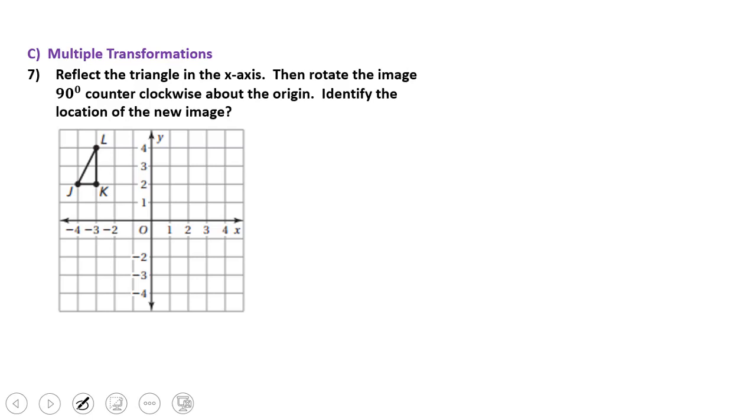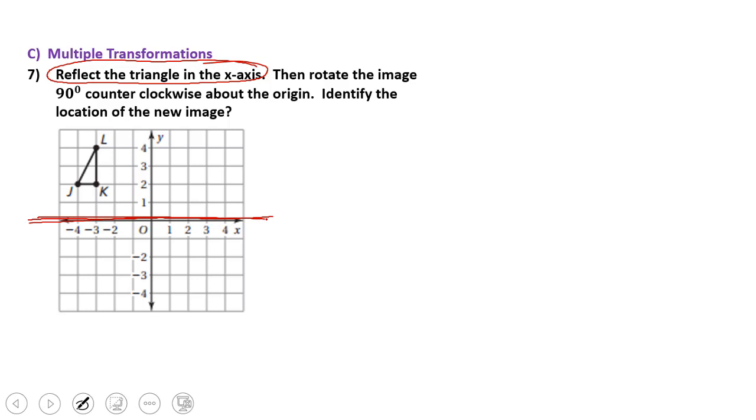We're going to do multiple transformations. The first thing we're going to do is reflect in the x-axis, and then we're going to rotate the image 90 degrees counterclockwise about the origin, and we're going to define the new image location. So I'm going to start off right here. We're going to reflect the triangle in the x-axis, and if you recall from reflections, what do I always do? That's right, I highlight my